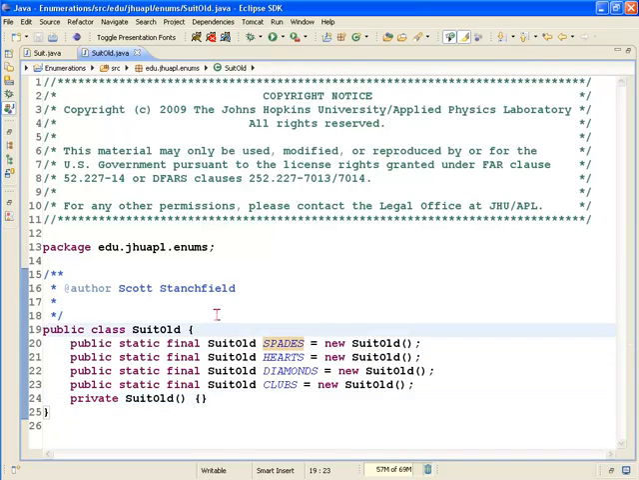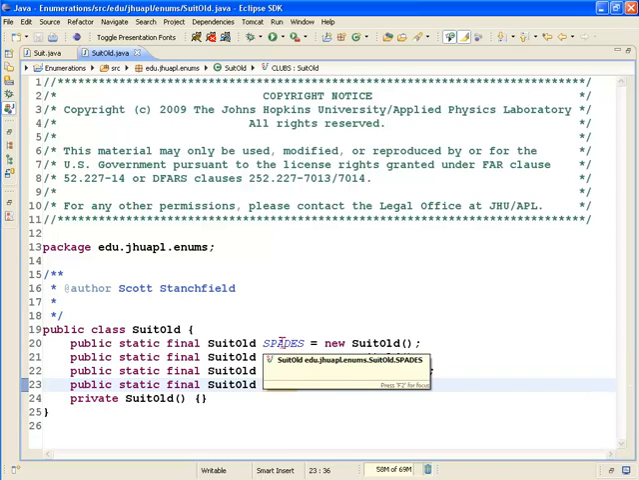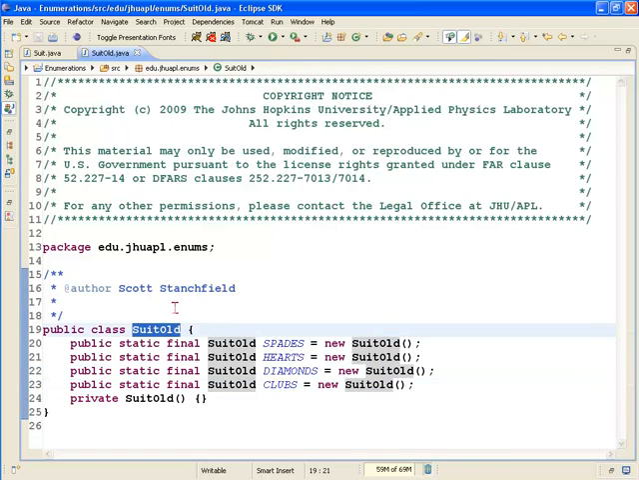Now, the nice thing about this pattern is that these guys are actually objects. And because they're objects and because they're in this class SuitOld, you can have other data inside them, right? You could put whatever data you want inside these objects. You can put whatever methods you want inside these objects. You could have methods defined at the class level and override them in the actual instances, spades, hearts, diamonds, and